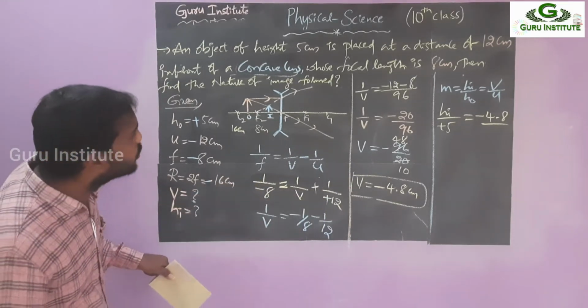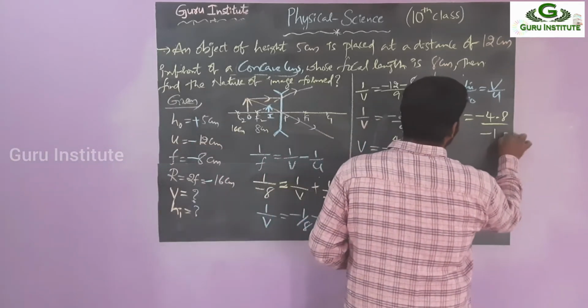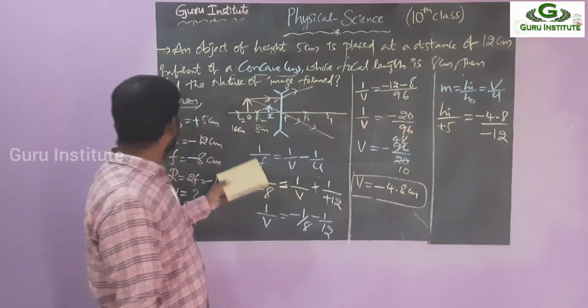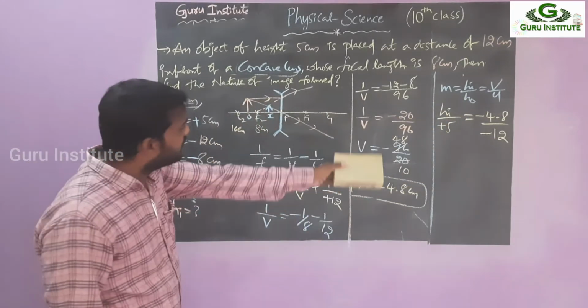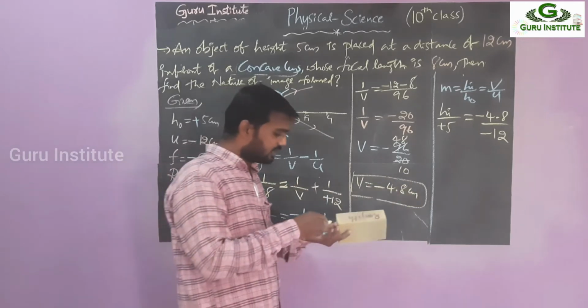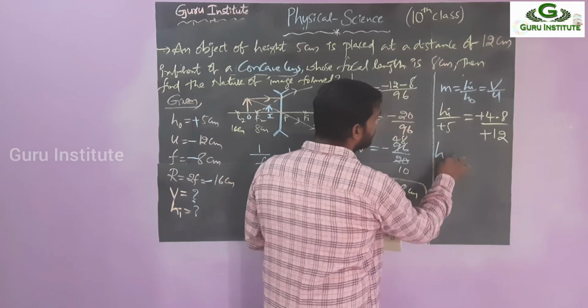What is the next one? U. Where is the U? U again you will get minus 12. Sign convention as it is you have to apply. HI only. H naught is what? 5 only. And V is how much? Minus 4.8. And U is how much? Minus 12. Right. Now cancel it. Minus gets cancelled. Then again cross multiplication. HI is equal to